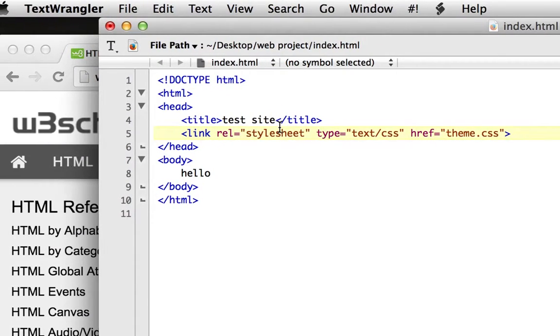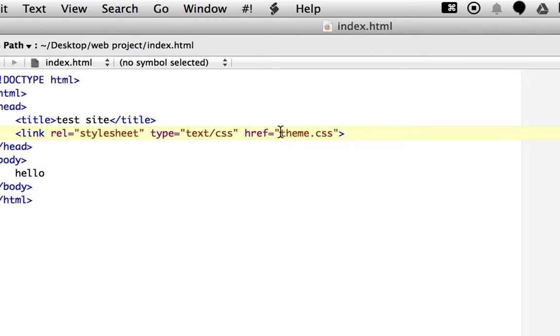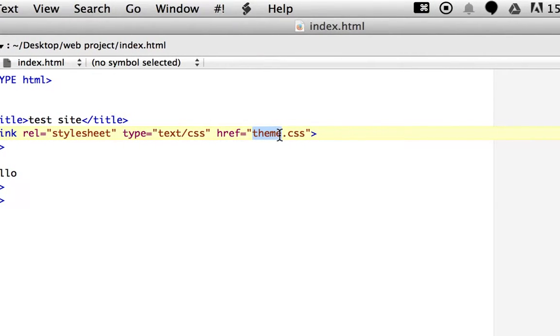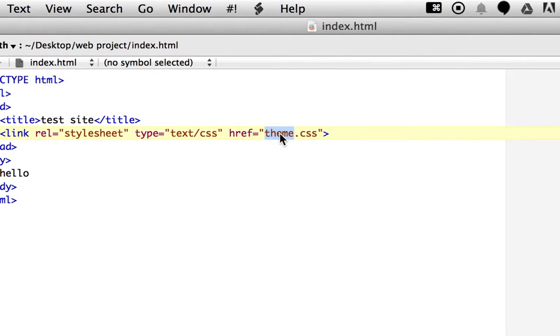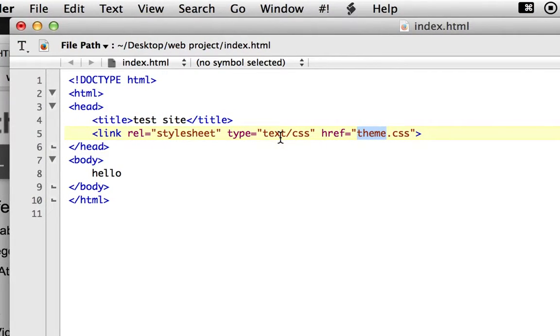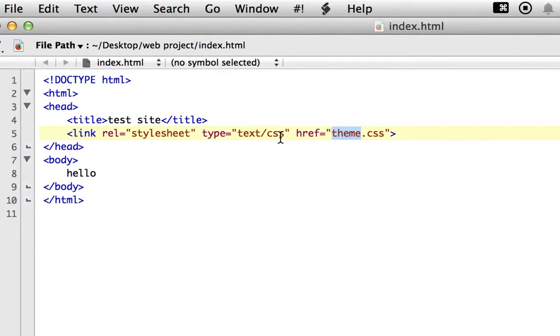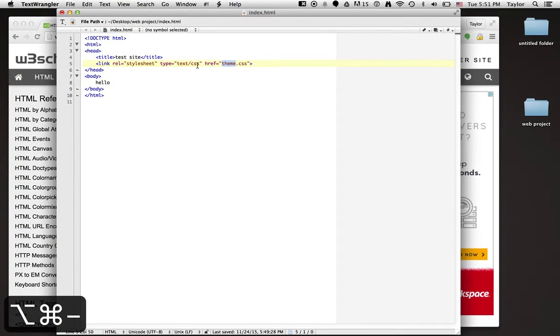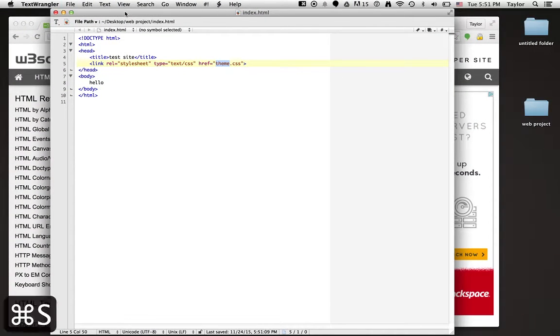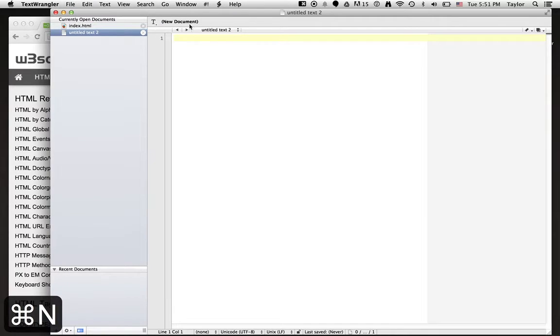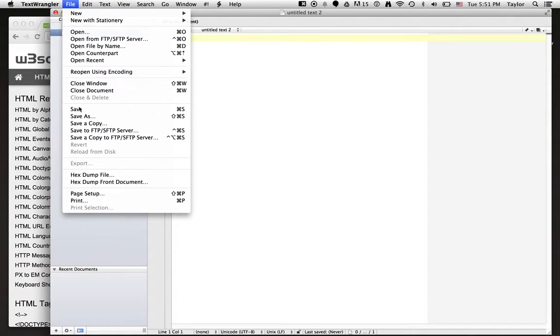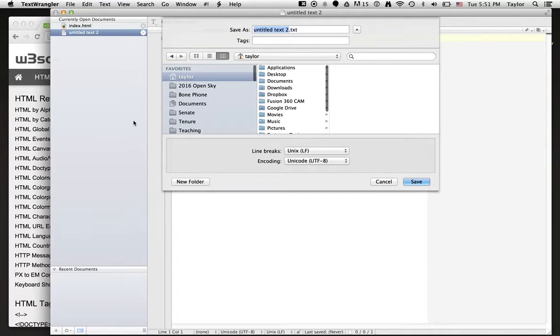And you can see up here, I just need to make sure that the name of the theme.css matches both my link tag and the name of the actual file. So let's just leave it as is, theme.css. Okay, so we'll back out, save this page, and then make a new page, File, Save As, and call this one